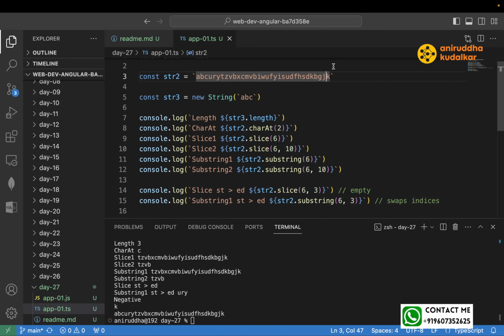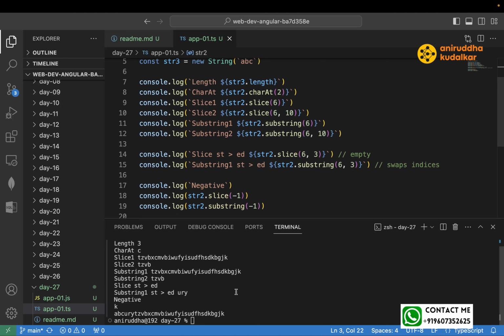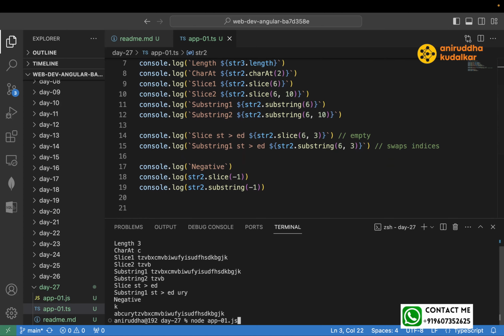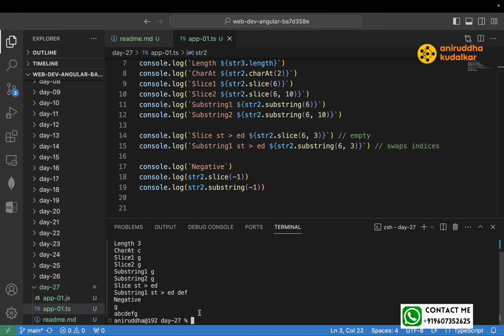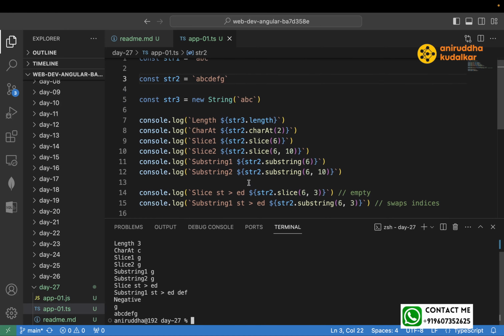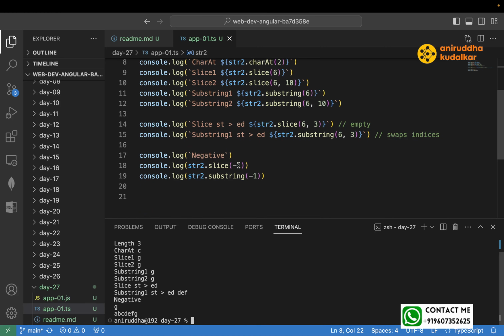Or let's reduce the string: a b c d e f g. Yeah. Now if you see, negative means what? Negative is representing the end,